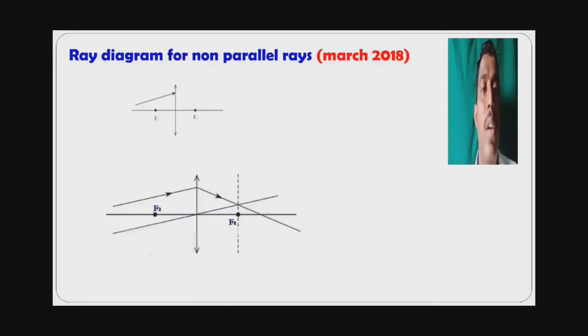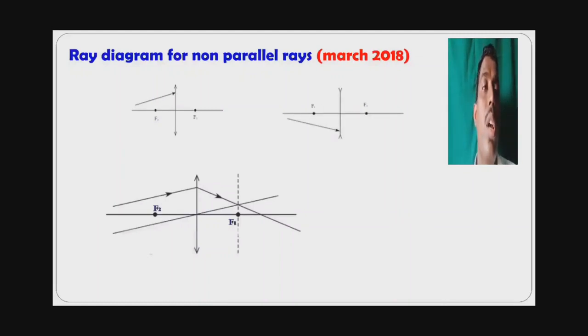Once again, listen. Draw a parallel ray to the given ray that passes through the optic center. Second, draw a focal plane at F1 and find the point of intersection of F1 and the parallel ray. Now extend the refracted ray so that it passes through the point of intersection of F1 and the parallel ray. Where this refracted ray meets the principal axis will give the image.